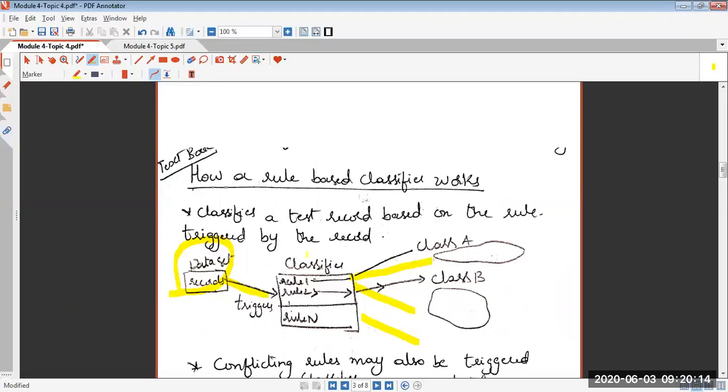So decision tree was one way of building a classifier model. As I keep on repeating, there is not always one way of doing things, or one way of solving a problem or achieving a solution. Many ways will be there. So we explored one more way of doing it, that was rule-based classifier, meaning that you can build a classifier model by defining some rules. That is the first point. The second point is how you will define those rules, how the rules will be constructed.